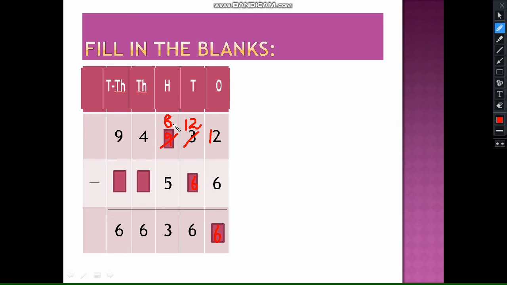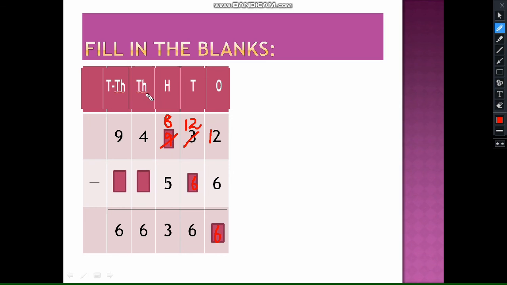Now we will put it here upwards because this is not the actual number. From here we have to borrow also. So once we have to borrow, that means in this number we will have to add 1. So that means 8 plus 1, that is why I have written 9 here. So originally this must have been 9. So from 9 hundreds we had borrowed 1. So we are left with 8. So 8 minus 5 we are getting 3.